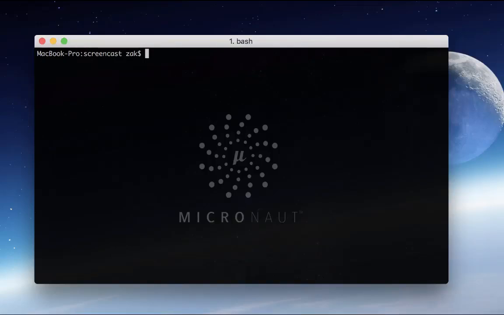In this screencast, we're going to show how you can use the Micronaut command line interface to create apps with Micronaut using Java, Groovy, or Kotlin. The CLI is the recommended way to create new projects. It supports both Gradle and Maven builds, and also provides commands for generating controllers, client interfaces, and other useful code